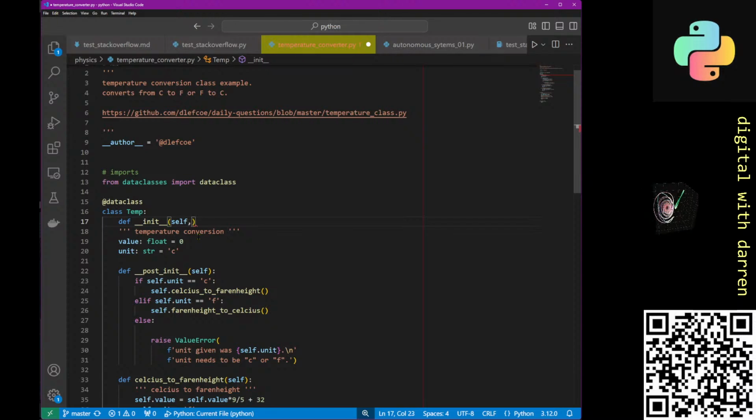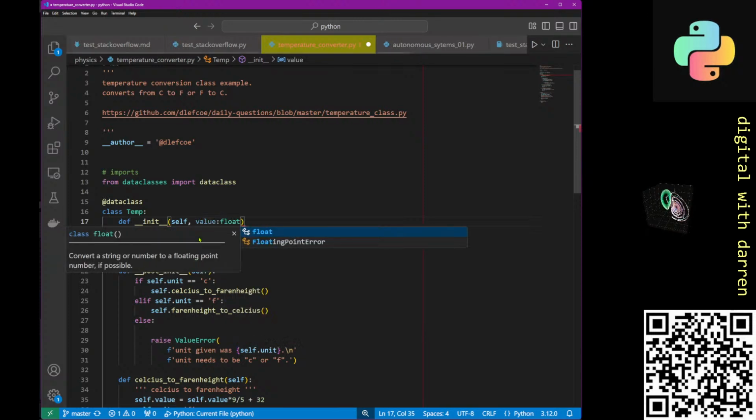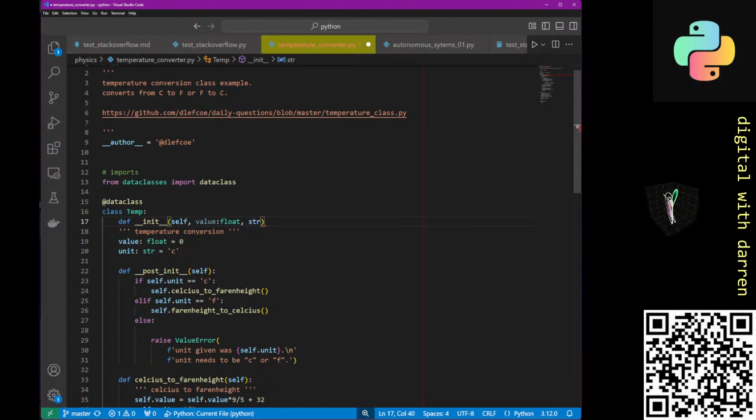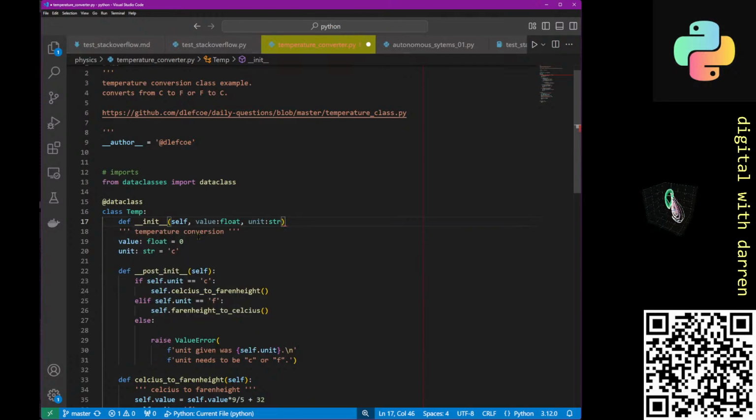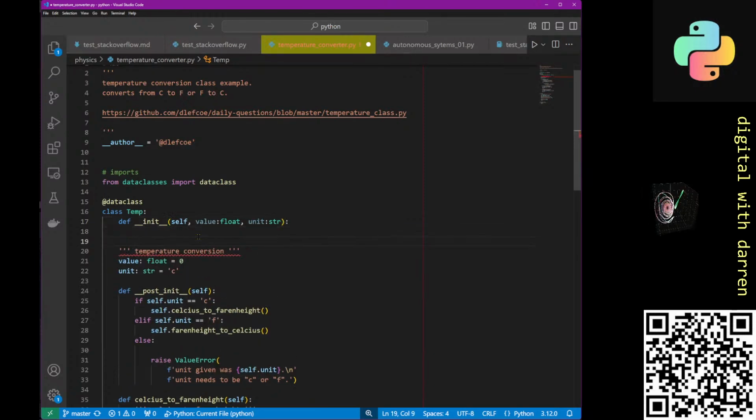And then I would have put value, which was of type float, and unit, which is of type string. So I would have created a method like this. So we can see that the function signature, or at least the pieces of this method, this bit here is exactly this piece over here,